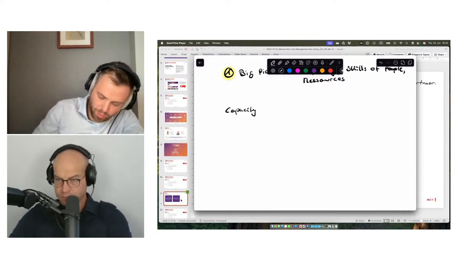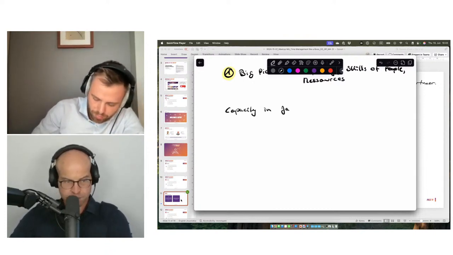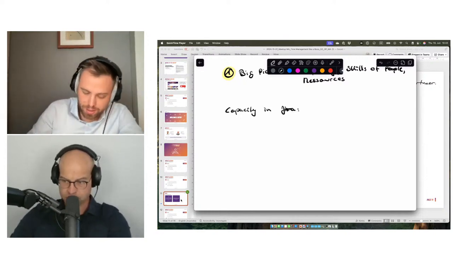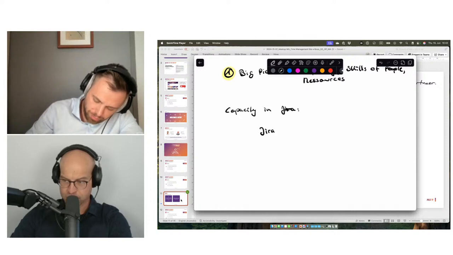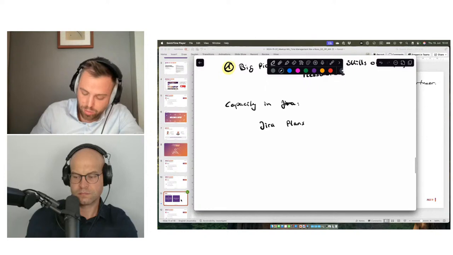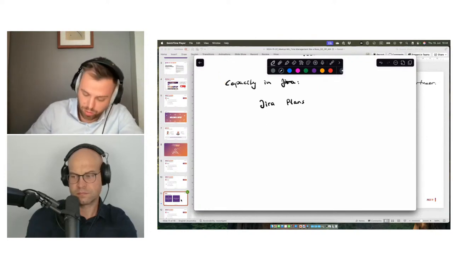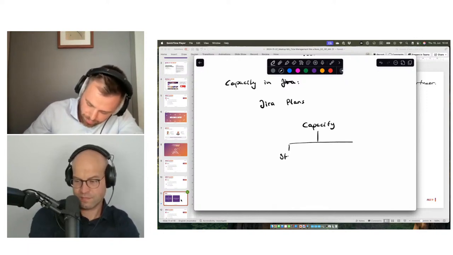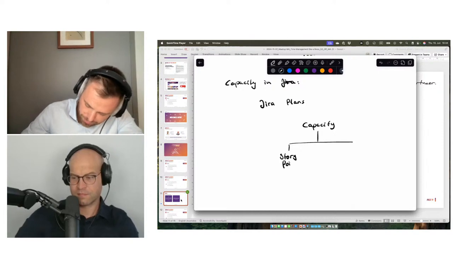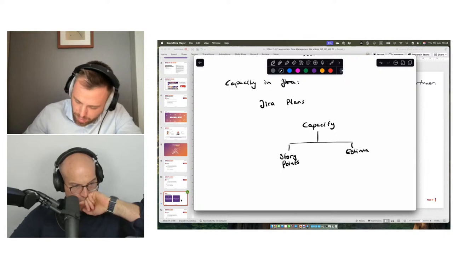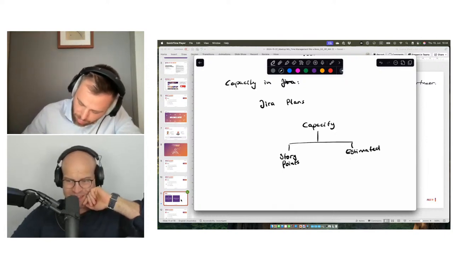Capacity. So in Jira, you can manage capacity using Jira plans. That's available in the Premium plan, as said. And here you have basically two options for how to manage your capacity. Capacity is either determined by using story points, or estimated effort